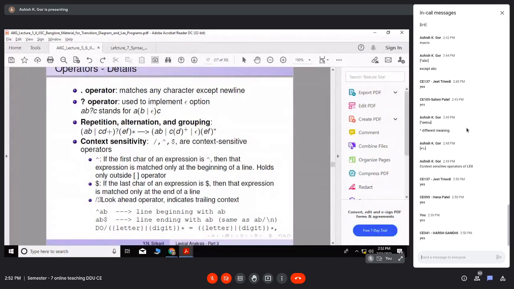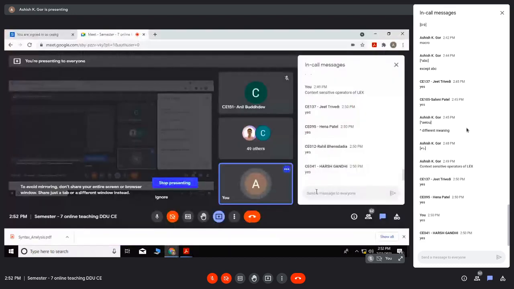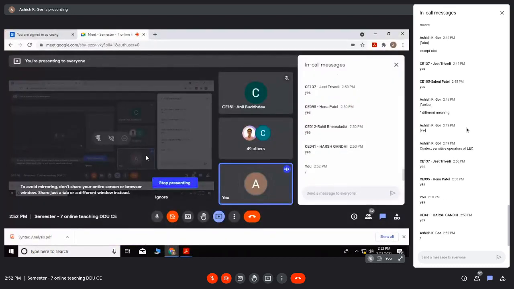It means a look ahead. If the next thing after DO is zero or more occurrences of letter or digit, then only it will match. So remember, this slash here means the look ahead.